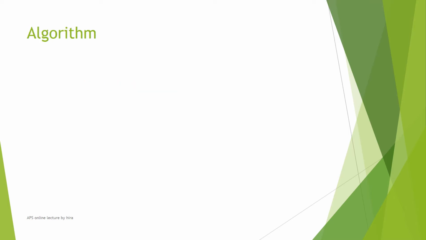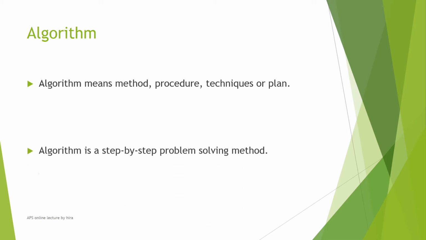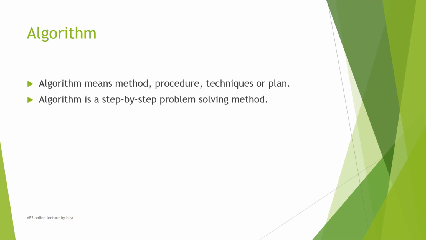Here we start our today's lecture, and our topic is algorithm. Algorithm basically is a method, procedure, technique or plan. We first define the method to solve a problem and which procedures are used to solve the problem, and we use different techniques or plan a solution of a problem. It's a step-by-step method to solve and find the solution of a problem, and it is a set of steps that clearly define the sequence of operations to solve